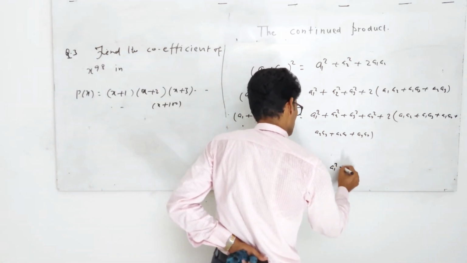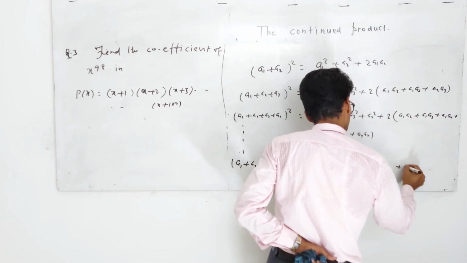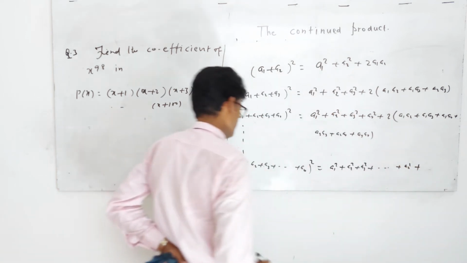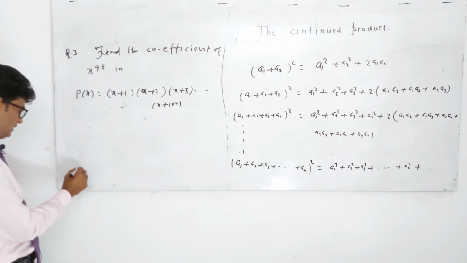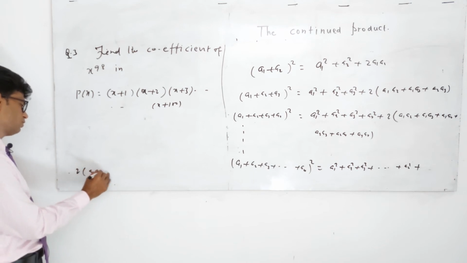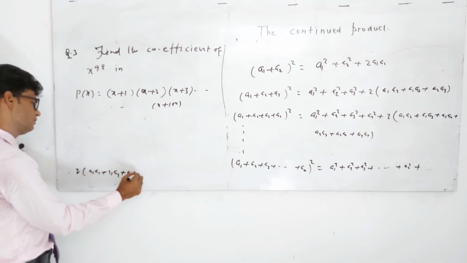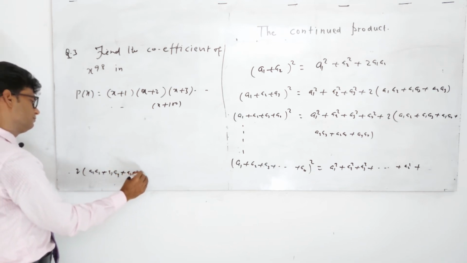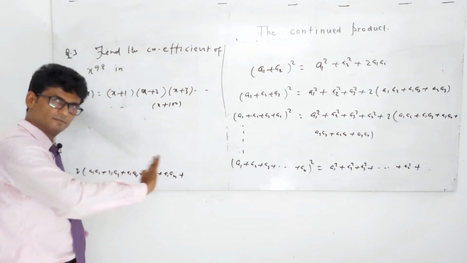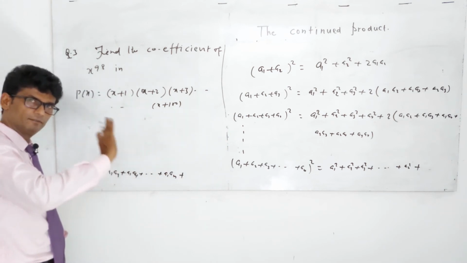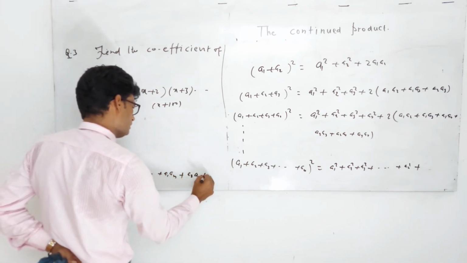So here a1 square plus a2 square plus a3 square dot dot dot plus an square plus, here I am going to write from here, twice a1 a2, a1 a3, a1 a4 plus dot dot dot plus a1 an, plus move forward from a1 all possibilities, from a2 forward all possibilities, a2 a3,